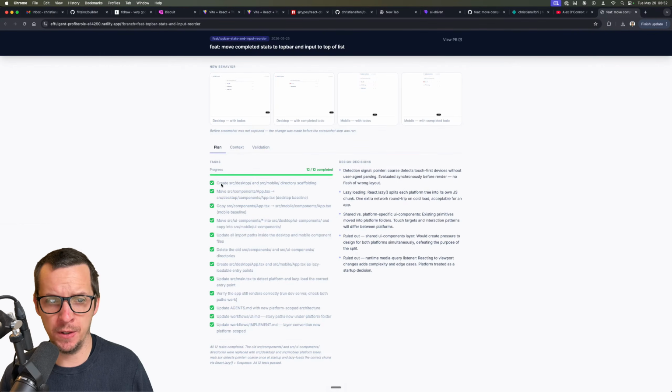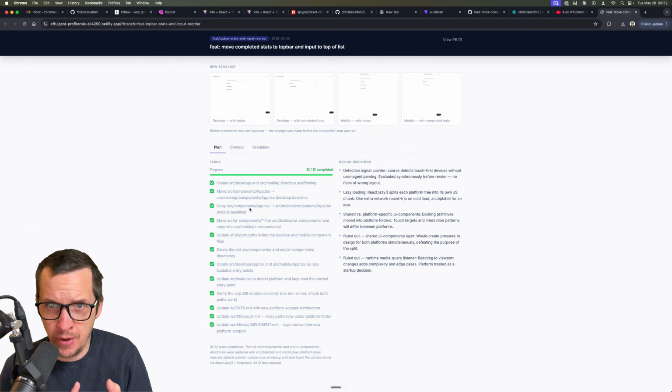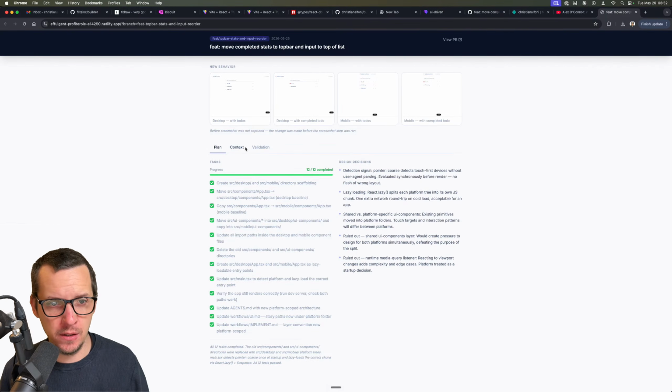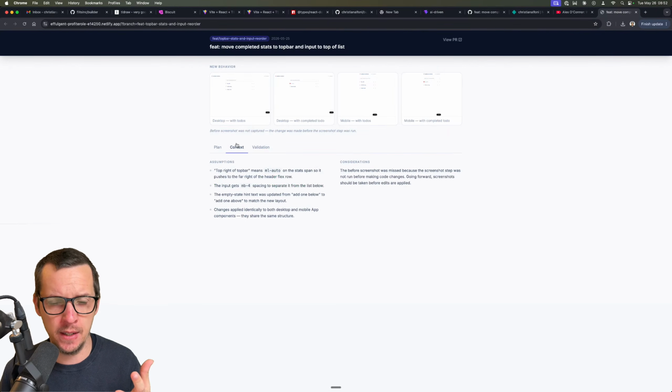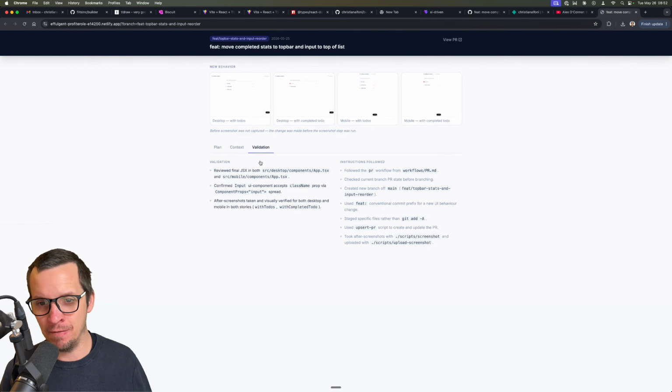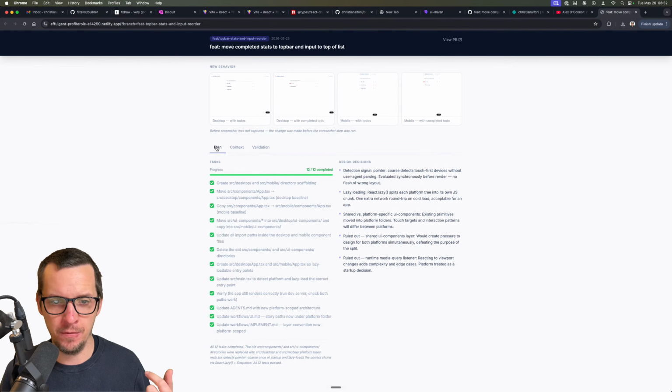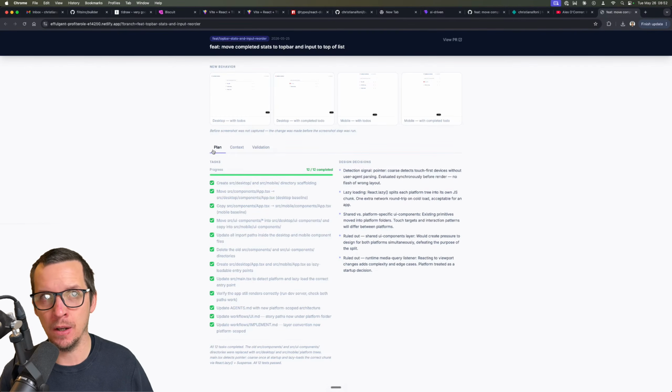And you can see what tasks the agent worked on. You can also pull information from the actual runtime, or whatever you want to call it, from the agent. What tasks did it work on? What decisions did it make? What assumptions did it make? What considerations did it make? How did it validate its work, and all of this stuff. And I think this is really important. And then if you have all that information, you can really deep dive.